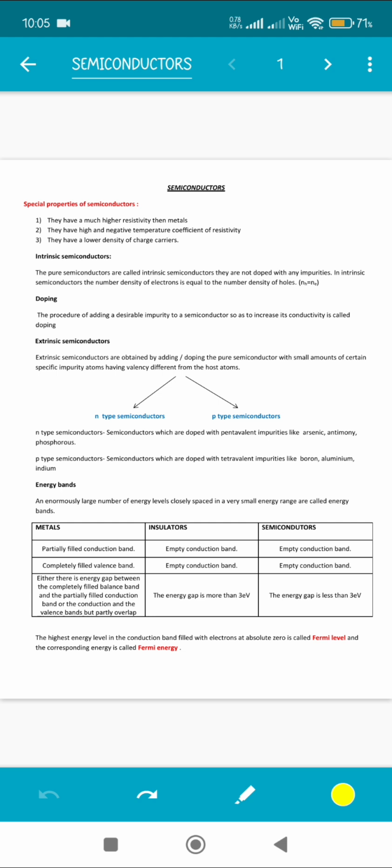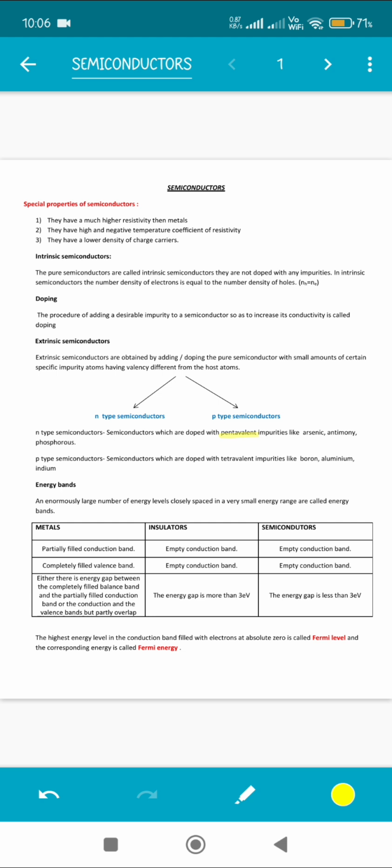Extrinsic semiconductors. In intrinsic semiconductors we studied that nothing is added to it, it's just the naturally occurring semiconductor crystal. In the case of an extrinsic semiconductor, we are adding or doping some impurities into the semiconductor in order to make it much better. There are two different types of extrinsic semiconductors, N-type and P-type, very important. What happens in N-type semiconductors? The semiconductors which are doped with pentavalent impurities, this is the most important thing, that means atoms which have a valency of 5, will be added to the semiconductor to increase its efficiency.